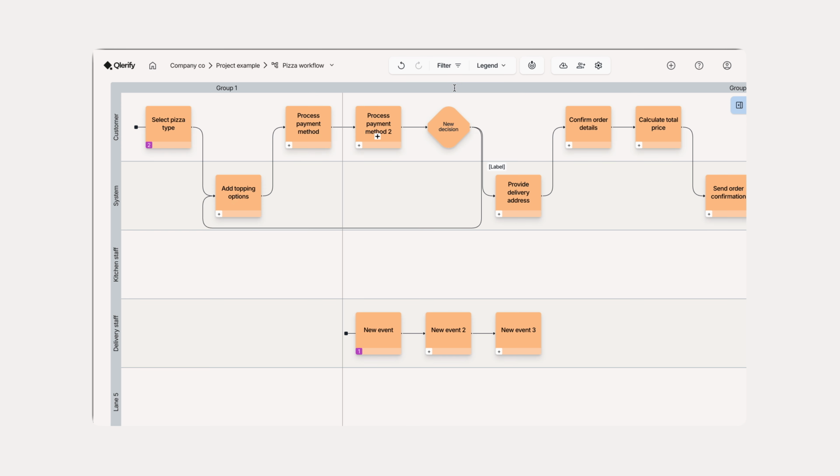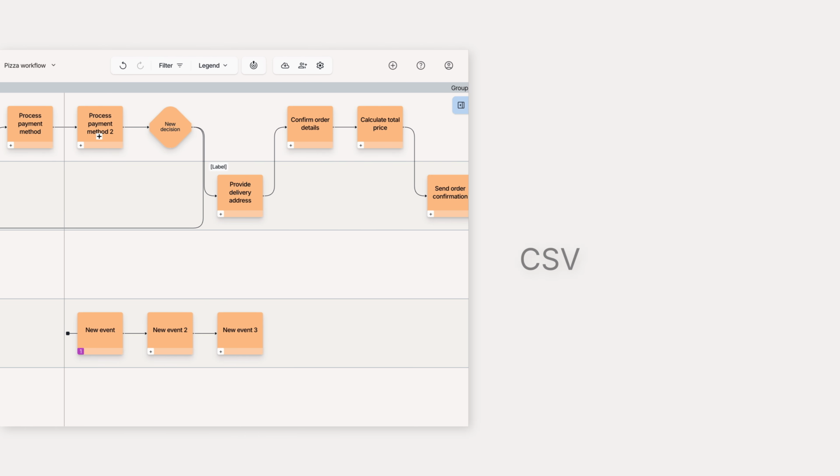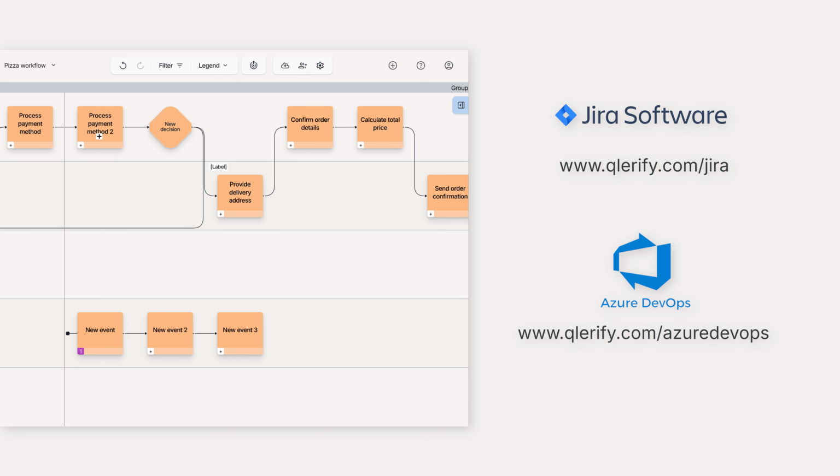Once you are done with your model, you can export your content to CSV, JSON, or PDF files. The backlog with cards can be exported to your Jira Cloud or Azure DevOps instance through API integration. To export cards to Jira or Azure DevOps, simply log in to your Jira Cloud or Azure DevOps instance. Install the Qlerify app and follow the instructions at